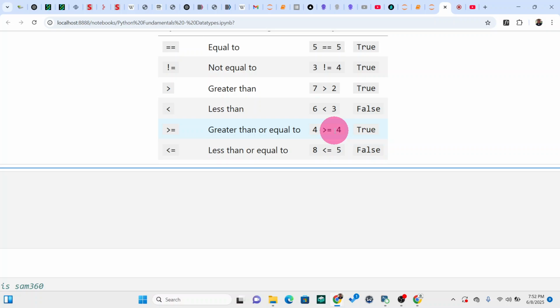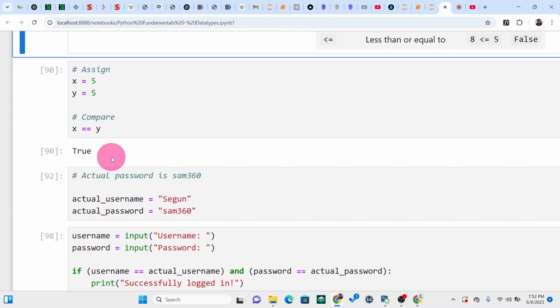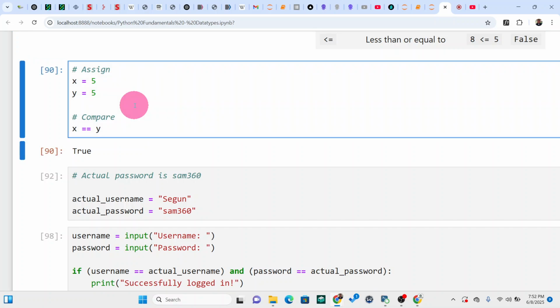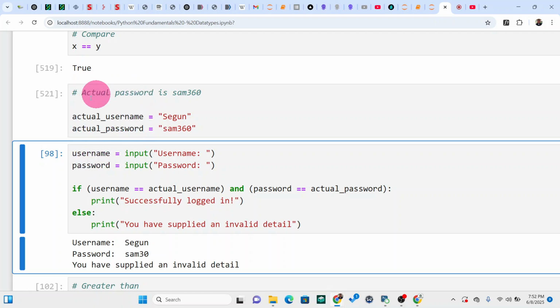So that's what greater than or equal to does for us. Then less than or equal to does the opposite, right? So these are just to play around with examples. Now we created something like a simple